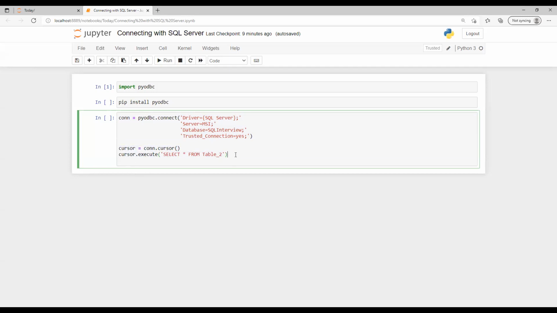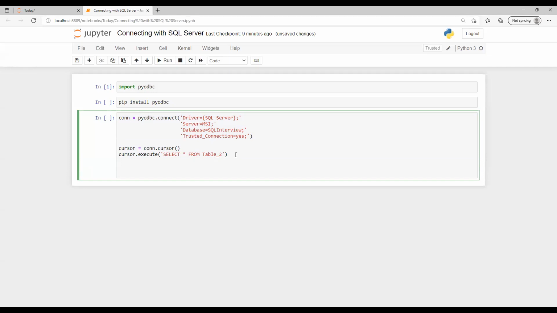Okay. So now I need to print each of those outputs one by one. What I can do is put for i in cursor, then print i.